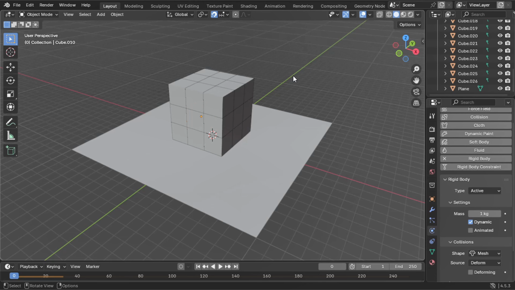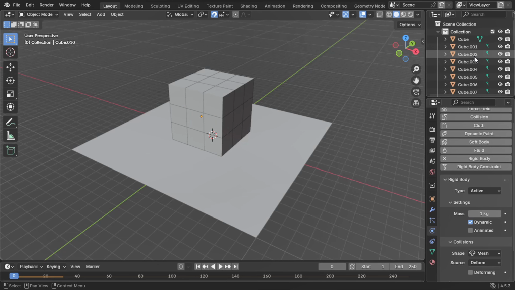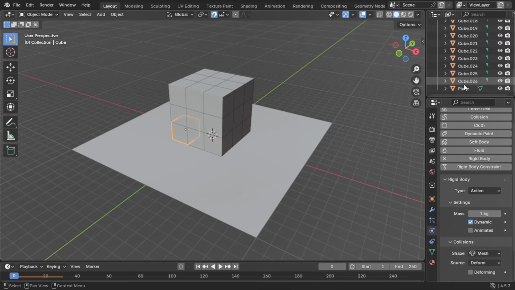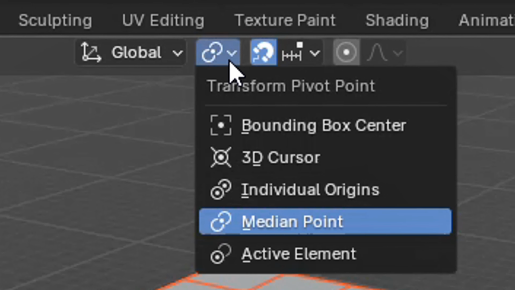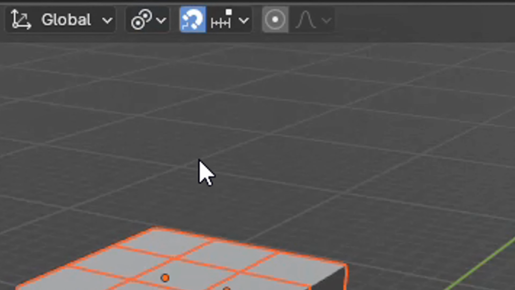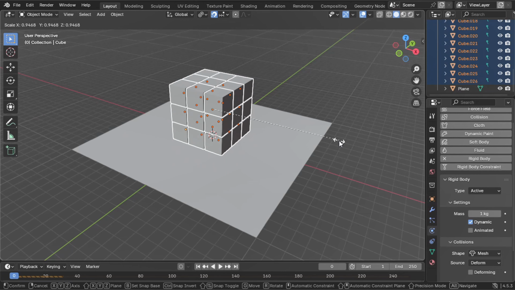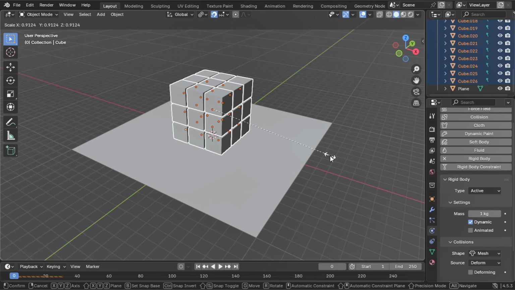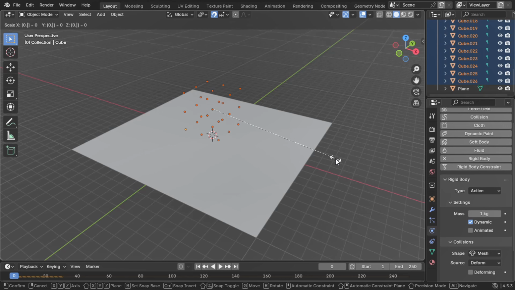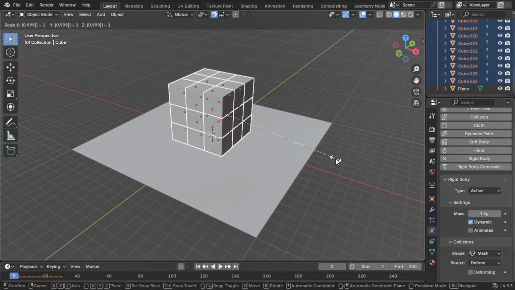The next thing we need to do is fix the overlapping faces. Let's go ahead and select all of them again. And now we will go and click on transform pivot point. There, click on individual origins and then press Ctrl S and scale them down. Don't scale them too much. You have to actually enter a value that is very less, like 0.999.